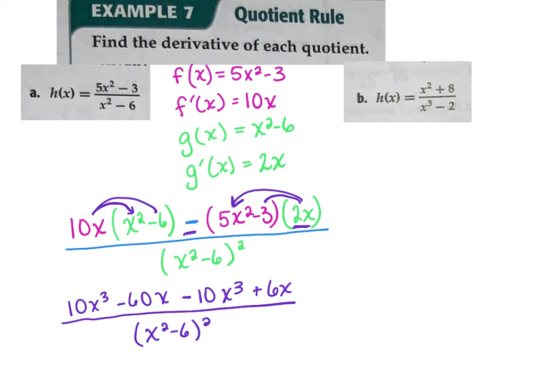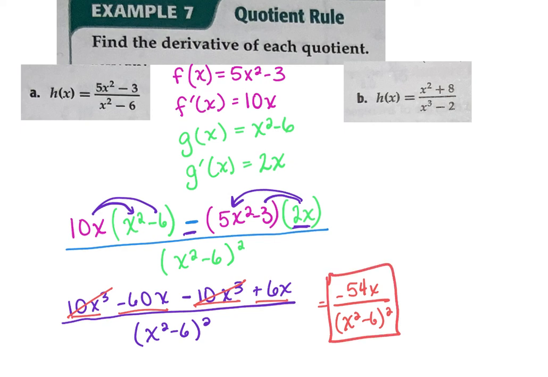I can simplify the top, all right? 10x cubed minus 10x cubed, that's zero, right? Negative 60 plus 6 is negative 54x, over x squared minus 6, squared. I am done. Okay? So what is the